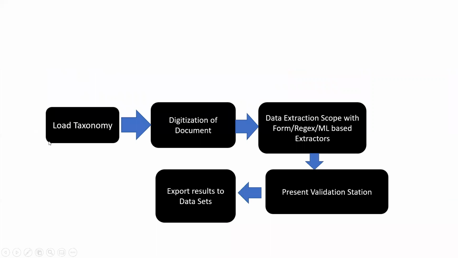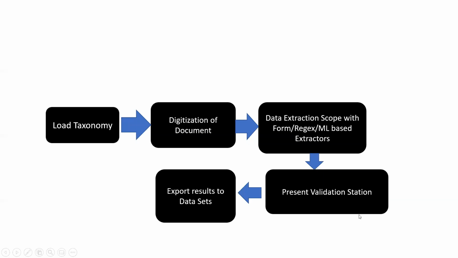So first of all, we will load the taxonomy and then we would digitize the document. Later we would extract the data from it by using different types of extractors based on our requirement. We have different types such as form based extractor, regex extractor, ML based extractor. And also after extraction of the data, based on the confidence score, we would send it to the present validation